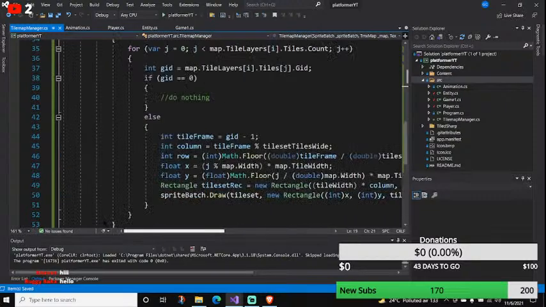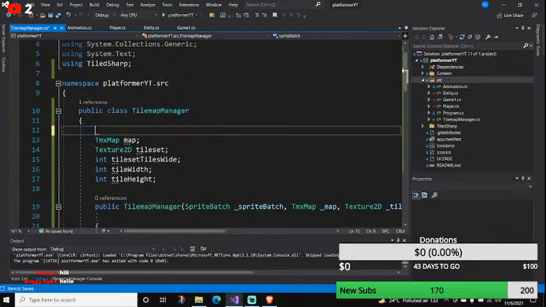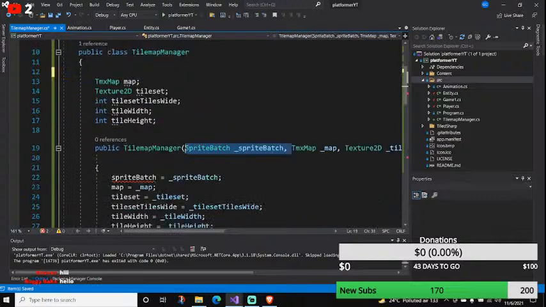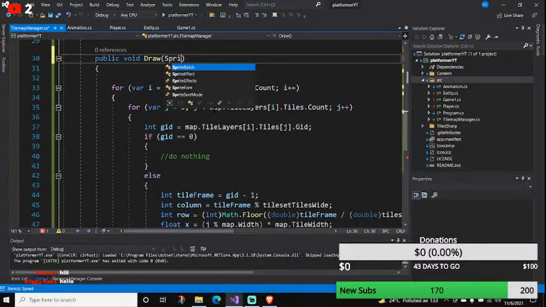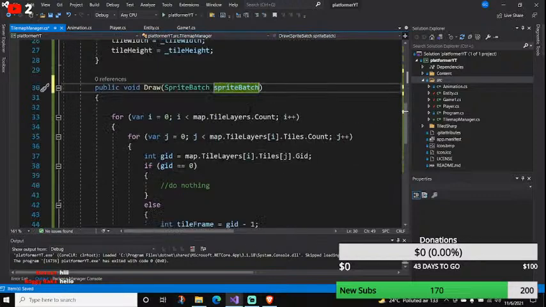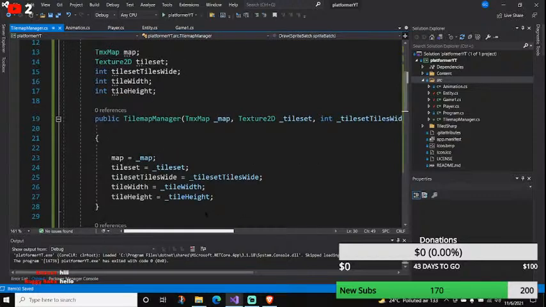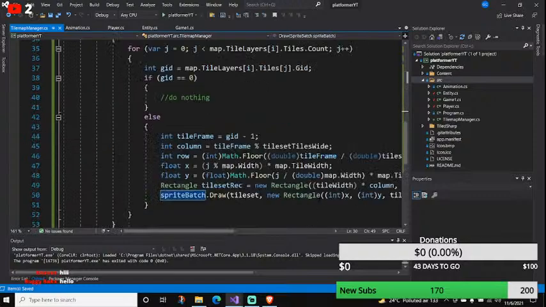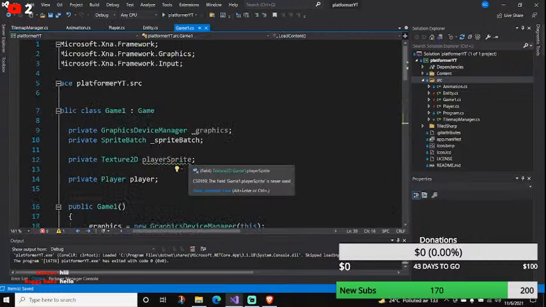Actually, I might as well get rid of this sprite batch. It has no need here. And just add it here. Sprite batch. Call sprite batch. Yeah, that's much better. So now in here